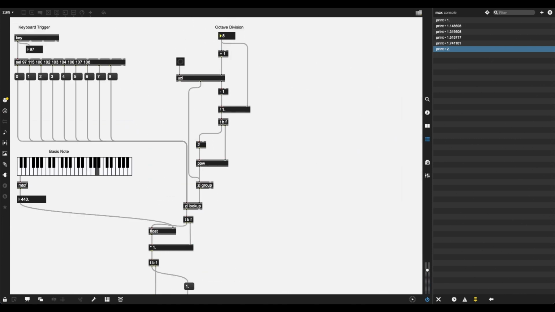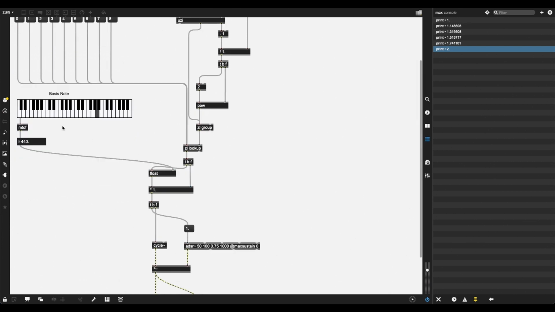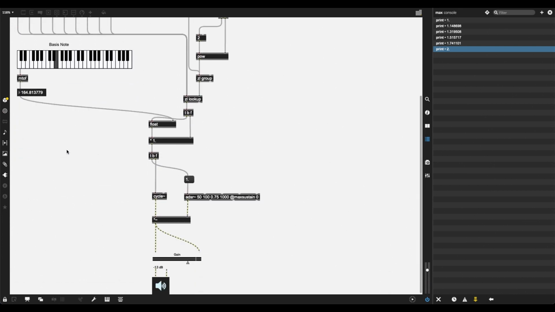And we can try other divisions too, right? So I have to, let's say, put another number here, trigger this calculation, have a different bass note, let's say this low E, and then